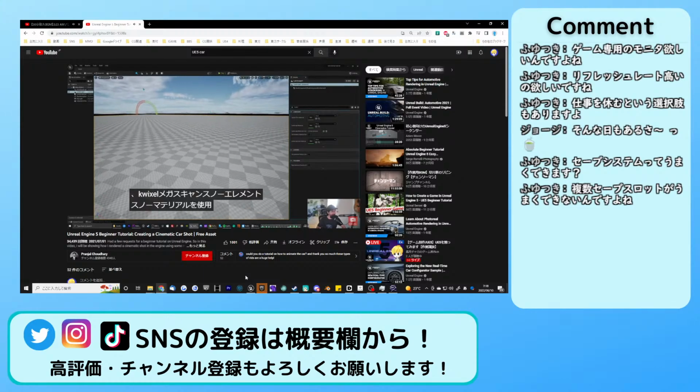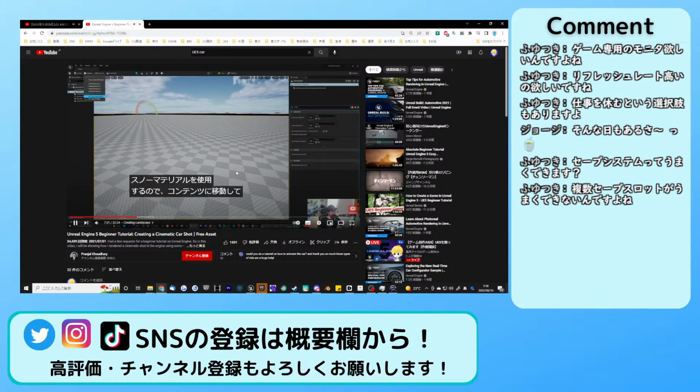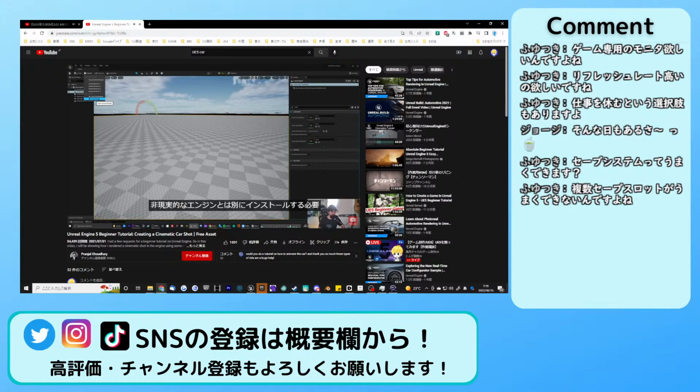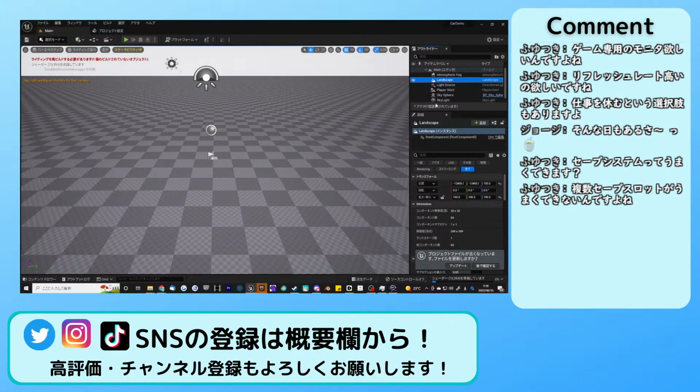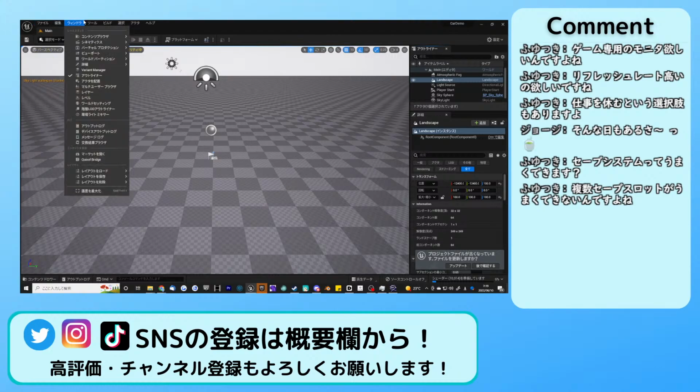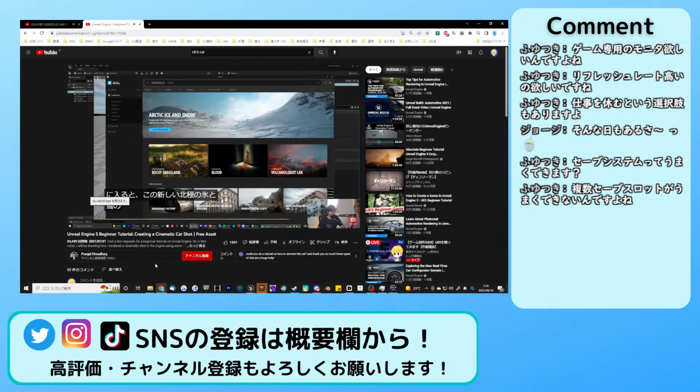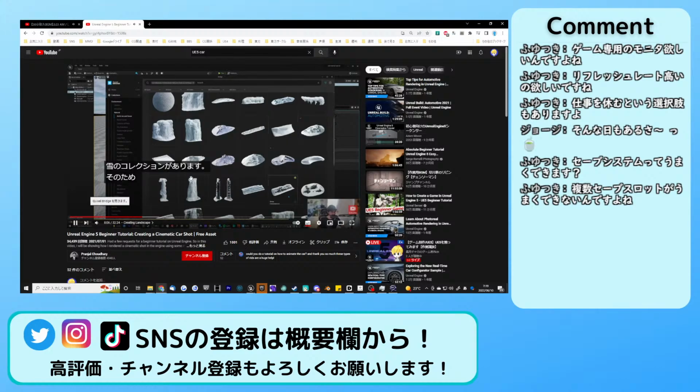So to bring that up, if you go to content and then you have option to Quixel bridge inside the engine itself. Before it was a standalone app which you had to install separate from Unreal Engine, and then you bring in from that. But in Unreal 5 they have integrated it inside the engine. So if you click on that, you will have the bridge interface pop up, and then if we go into collections, they have this new Arctic Ice and Snow collection. So if you go to that, so for this scene